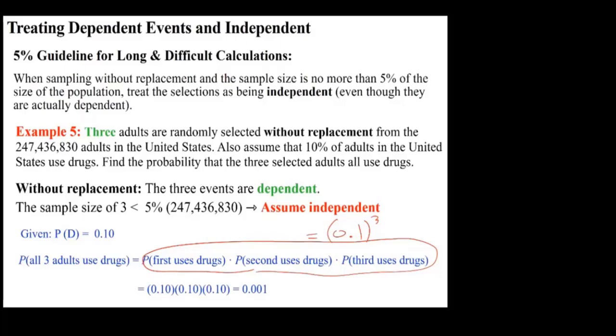That's the idea of the 5% guideline. When you're dealing with a large population and a small sample size, if you pick three, or even if you picked 10,000 people, that would again be considered independent because it's a lot less than 5% when you calculate it. With that being the case,